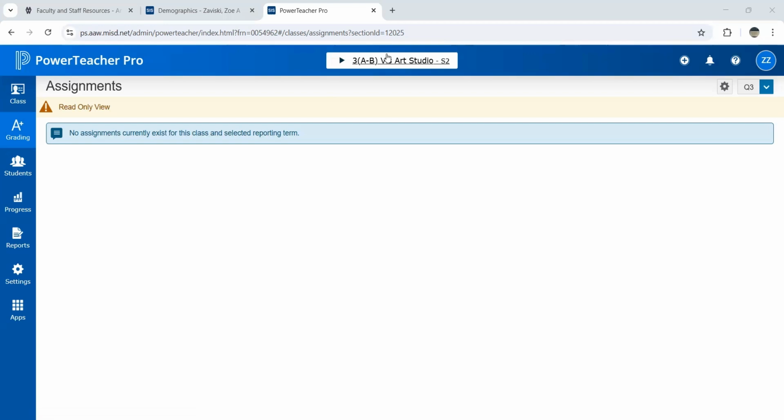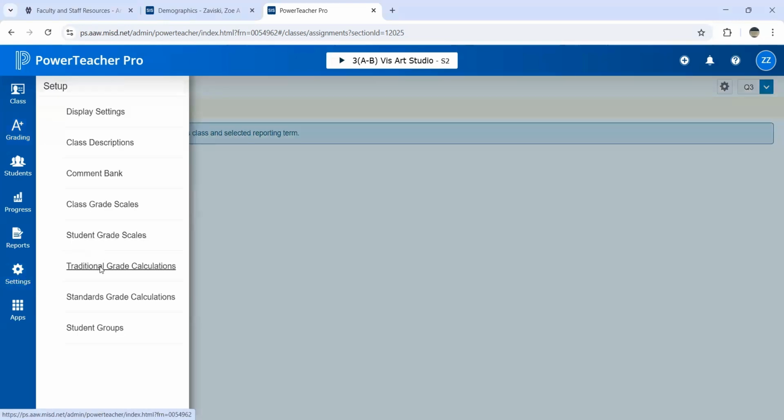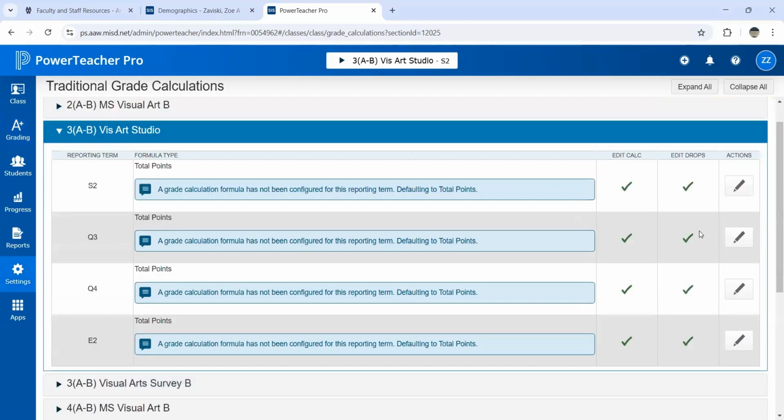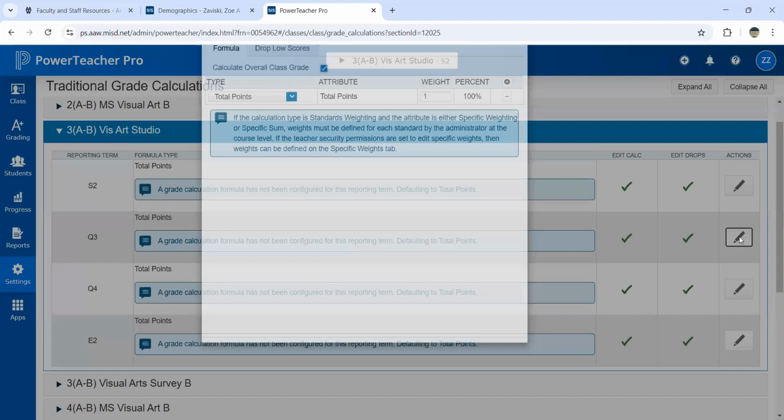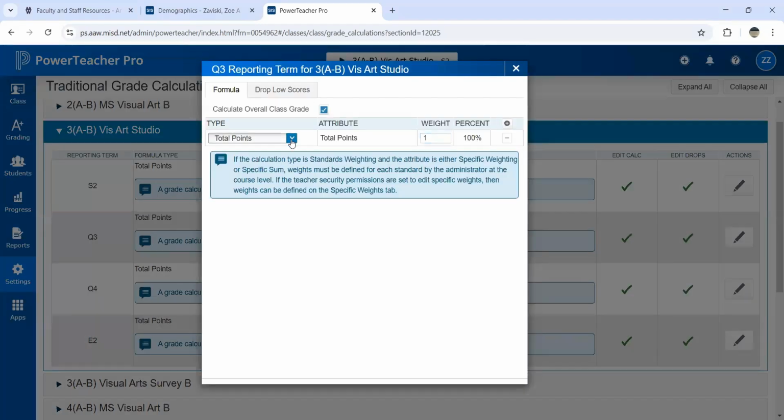And so I have one of her things here that doesn't have anything in it yet. And so we're going to go down to settings. We're going to go to traditional grade calculations, and I'm going to take a look at Q3. Now, instead of having everything total points where everything is weighted the same, I'm going to do category weighting on